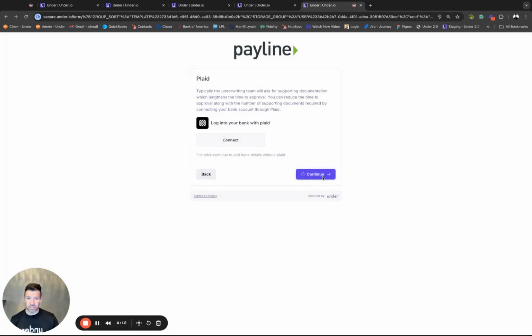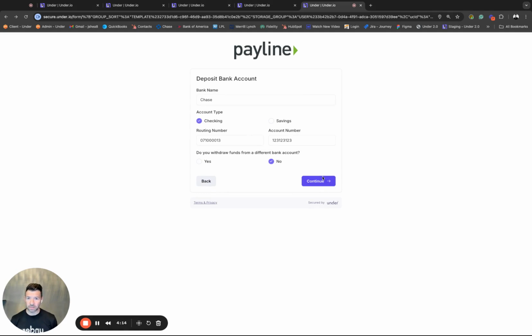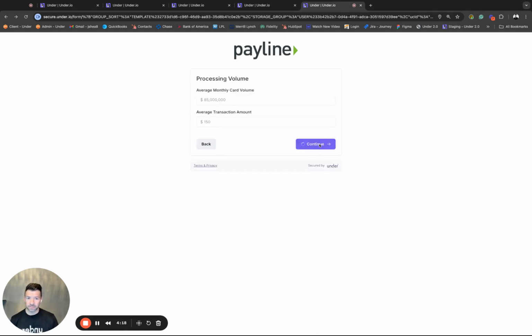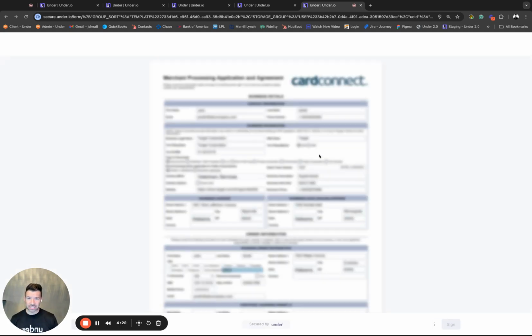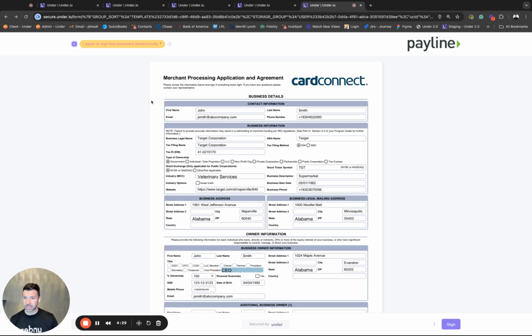Alternatively, you can always use the traditional way of uploading bank information, asking them these questions here on the form. As we showed you in the template editor, we have the ability to connect these forms to our documents. So we just asked our customer a series of questions. We've automatically, behind the scenes, created this merchant processing application, took all the data, filled it into the fields it needed to go, checked the appropriate boxes, and structured the form so now they can, in one experience, get ready to